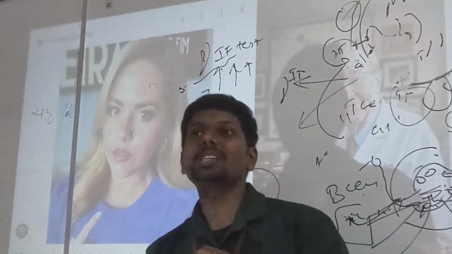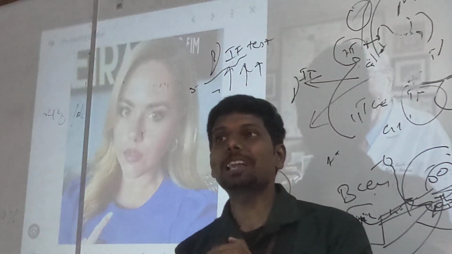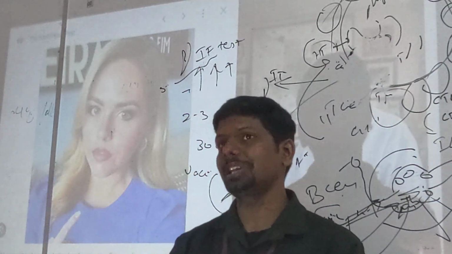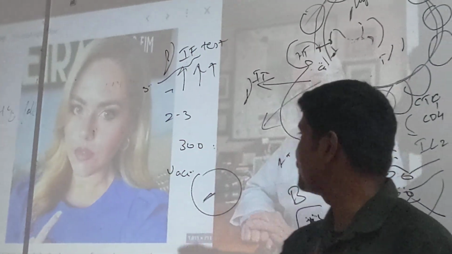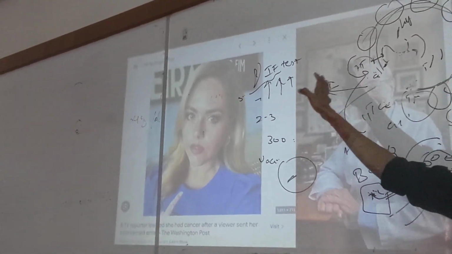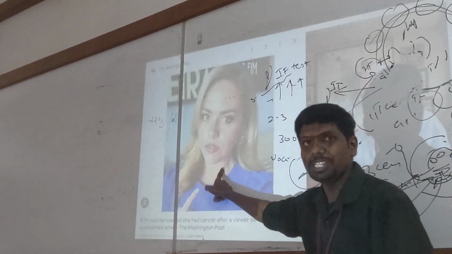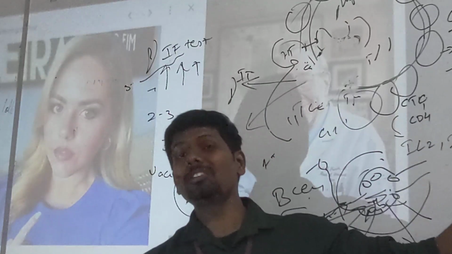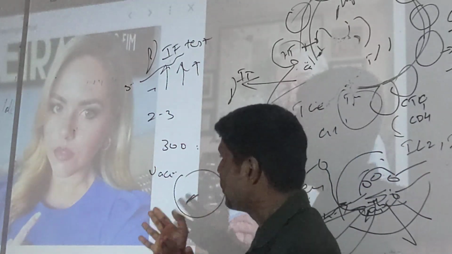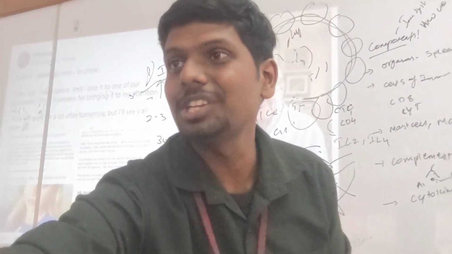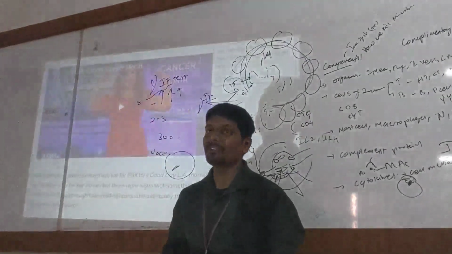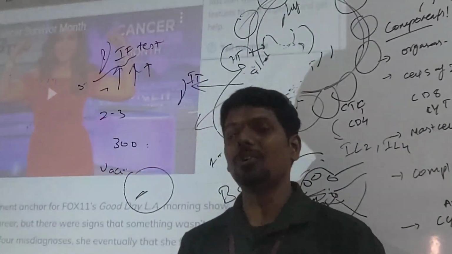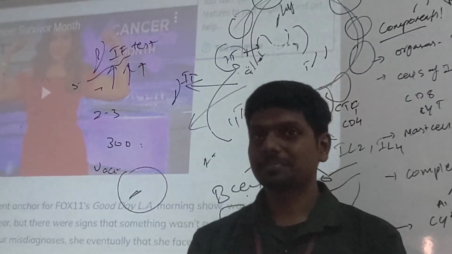It turned out to be a cancer. She has a cancer, and some mysterious guy from somewhere in the world approached her, and he is a doctor actually, a cancer biologist, and that is this doctor. He saved her life. If he hadn't detected this at this stage, she might have died within 6 months of late stage cancer. So this doctor identified it in the early stage, and she was rescued from cancer. This is a really interesting story, and she came out as a cancer survivor. A random fellow came like a god, and he helped her survive this cancer.